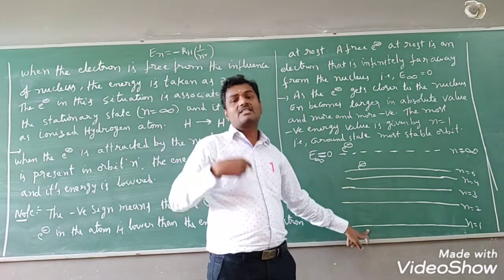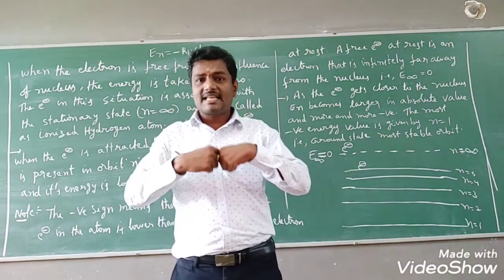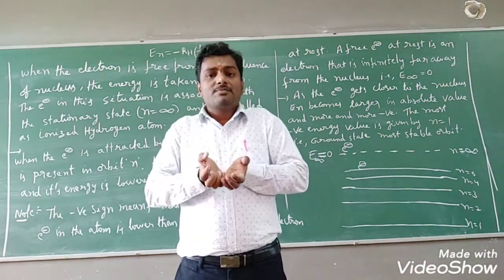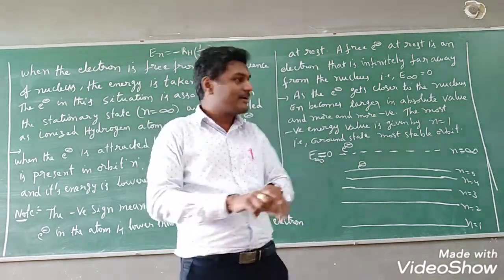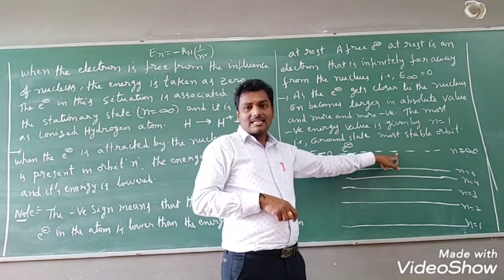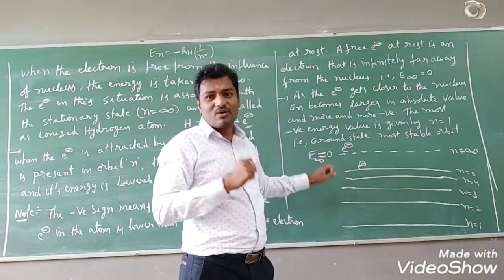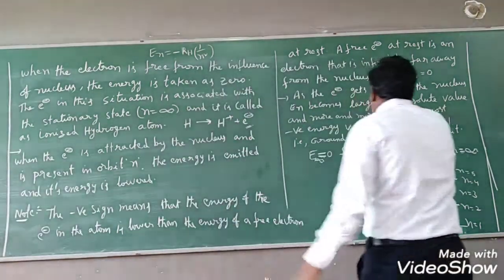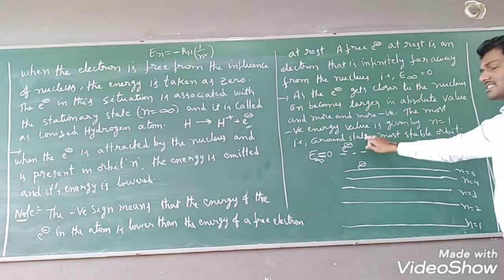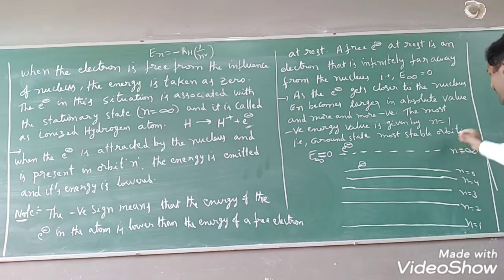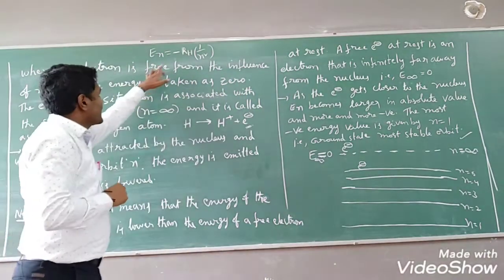Less energy means the largest negative value is less energy. So the orbit which possesses less energy will be more stable. The orbit which possesses high energy will be less stable. So which is the less stable orbit? n equals infinity level. That state is very less stable because it possesses the highest energy, that is 0. Okay, students, that only we have discussed here. You see that the most negative energy value is given by n equals 1, which is the ground state. It is the most stable orbit. So because of this reason, we have taken a negative value here, students.